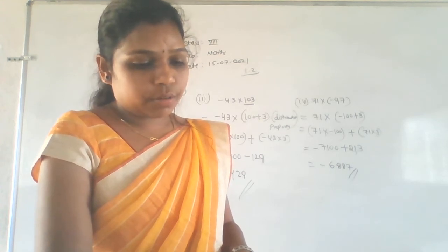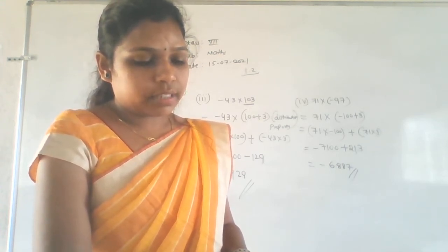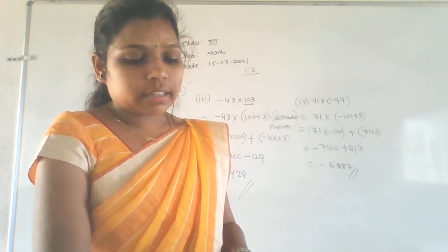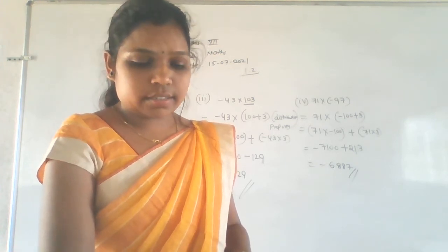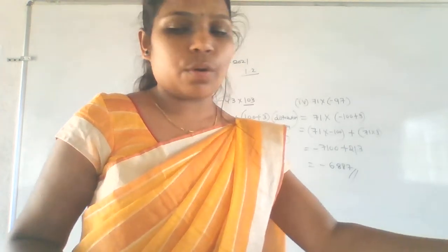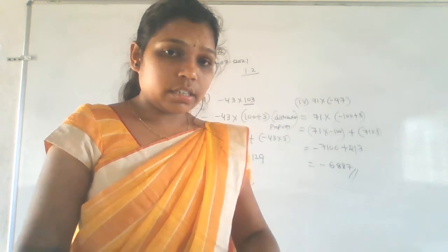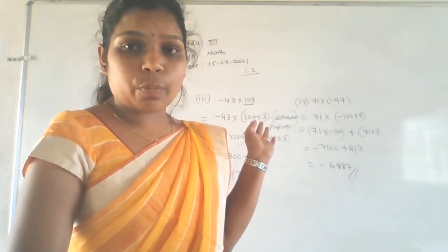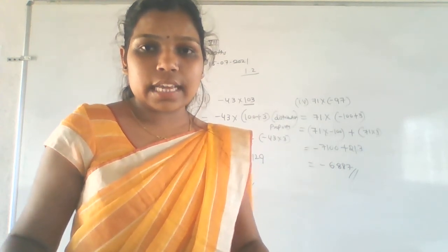Okay, so next one is the sixth one. See, we express the following as a product of 2 factors. That will be discussed in the next class. Okay, so till that class, be safe in your home. The homework is solve the exercise number 1.2 till the 5th one. Till 5th one again solve 1.2. Okay, that is the homework for you. Okay, we'll see you in the next class. Thank you everyone.